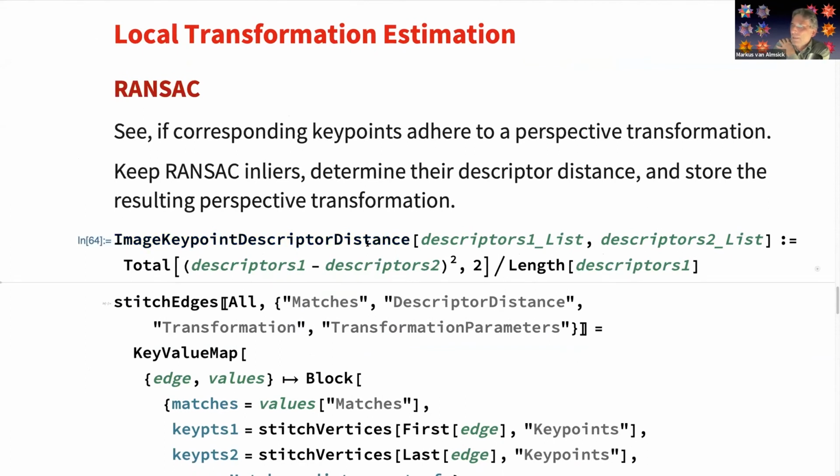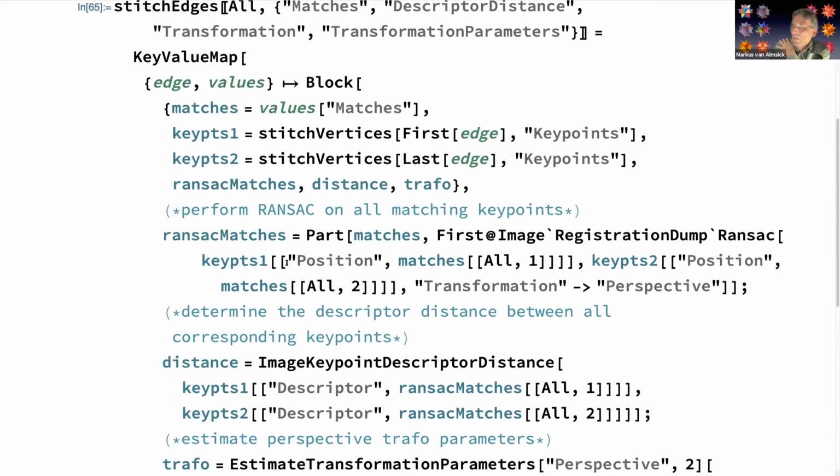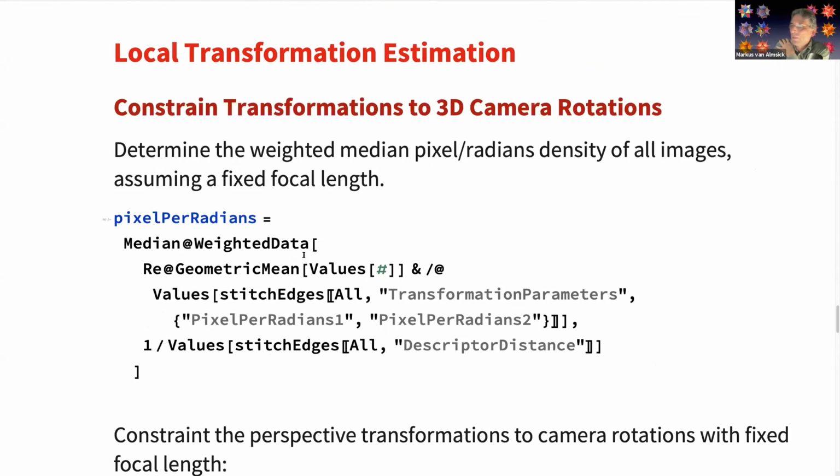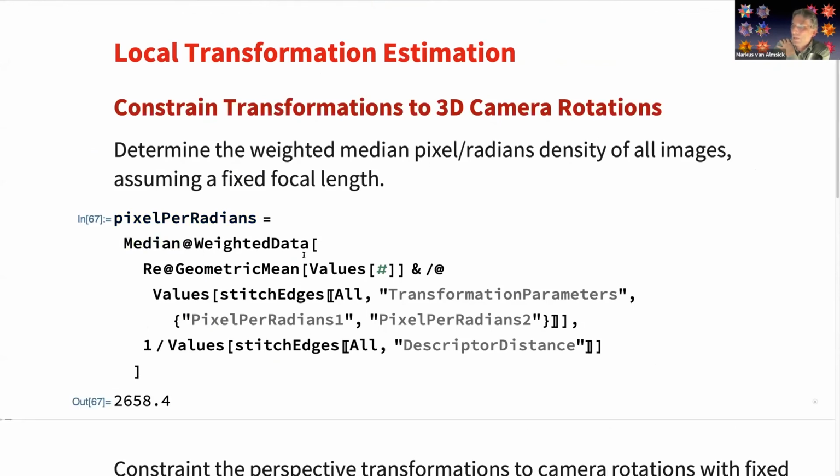Then I can do RANSAC, basically verify if the matching key points also satisfy the transformation class in question, and just throw out all the edges that don't live up to it. Then I load in all the